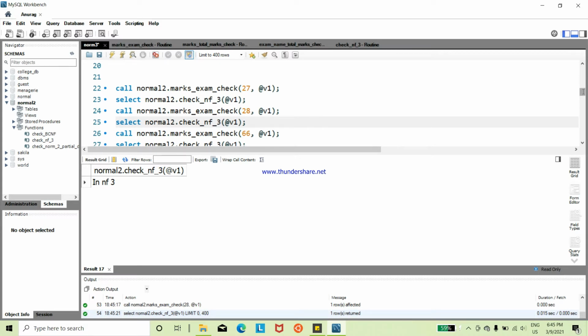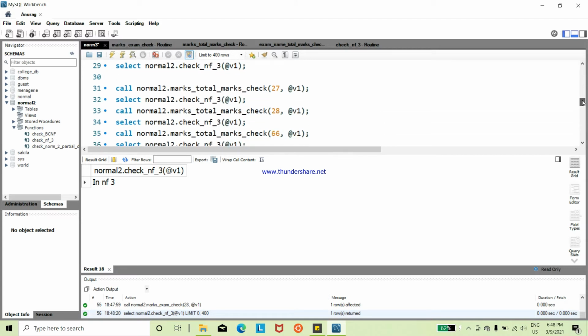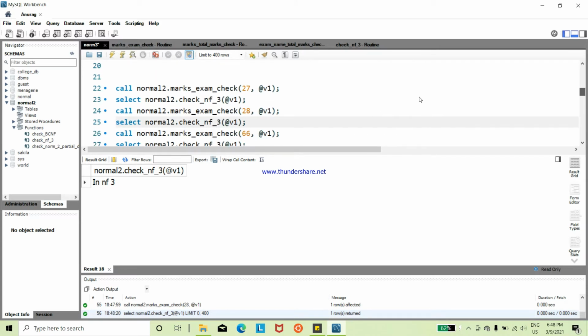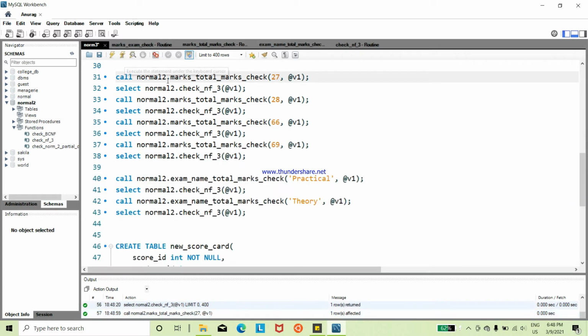So once we got in third normal form, we don't need to check further for marks to exam check, and we move on to the next procedure, marks to total marks check. In this procedure we first check with marks 27. Call this procedure and then call the function.